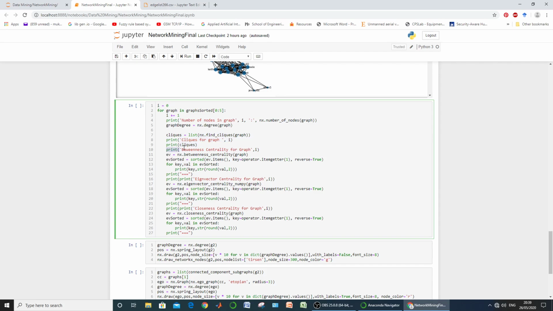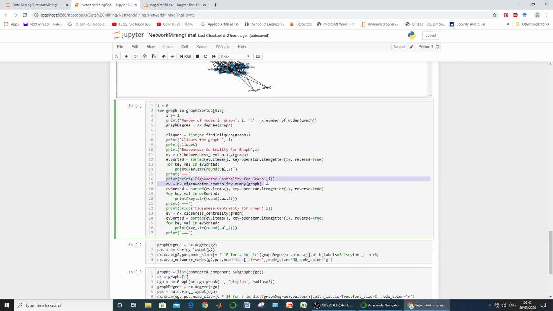And next one is your betweenness centrality. Its definition and formula to calculate we have already discussed in the lecture, and after generating it using this function, we printed it. Before printing, we need to sort it also. So this statement sorted the nodes according to their betweenness centrality value, and then printed it.